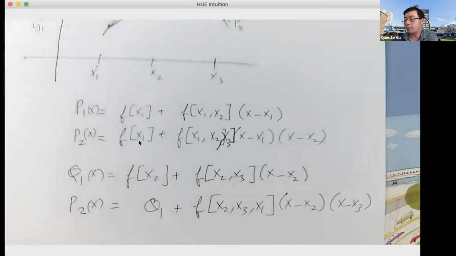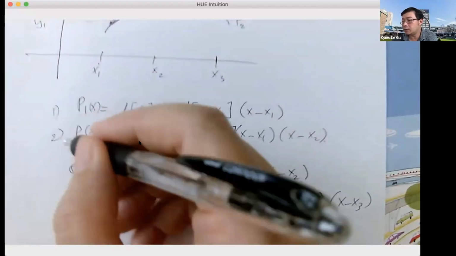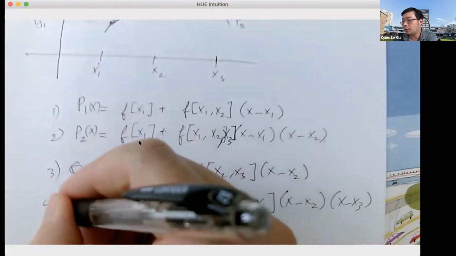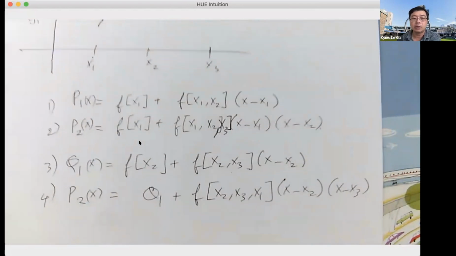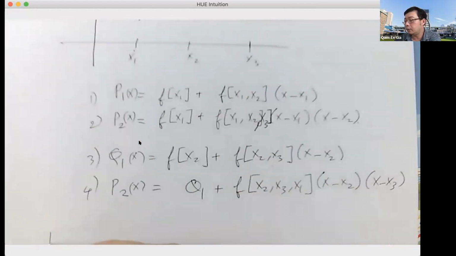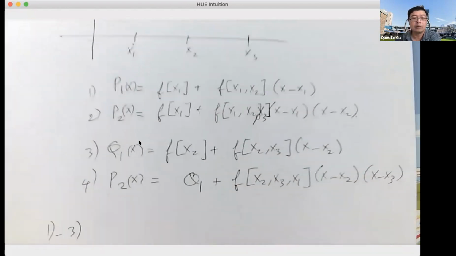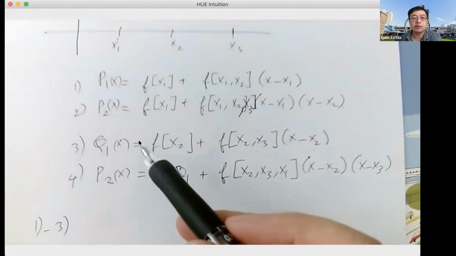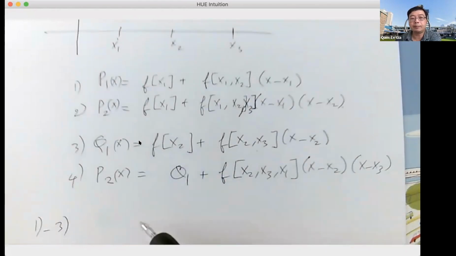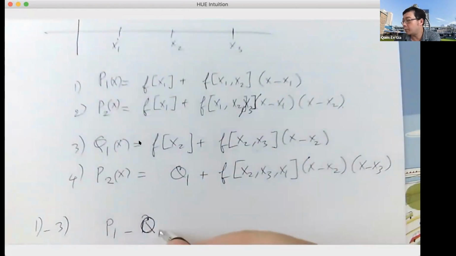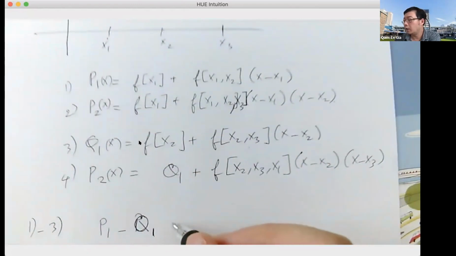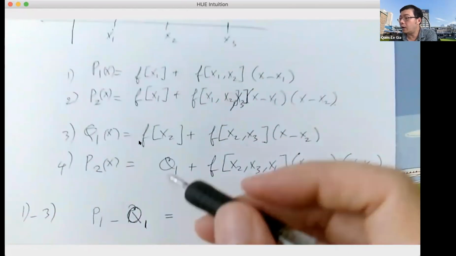Remember, this is my 1, this is 2, this is 3, this is 4. So if I take 1 minus 3, then you see that on the left you got P1 minus Q1. And on the right you got